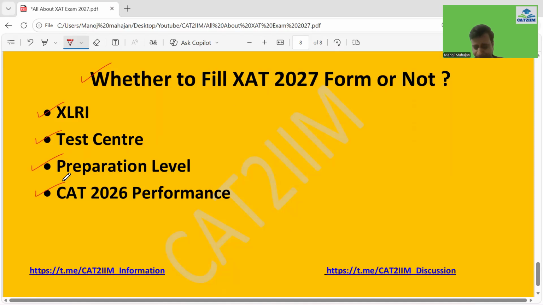So what you'll do is, if your performance is good and you can evaluate that you can get the calls from the other B schools like XIMB, IMT Ghaziabad through CAT, in that case you might not fill the XAT form, because those other B schools are already targeted through the CAT. But let's say you did not do well in the CAT, you do not expect calls from these B schools and you want another chance. In that case, of course, you should fill the XAT form, post your CAT performance, evaluating it, right? So that you can get one more chance to get into those B schools.